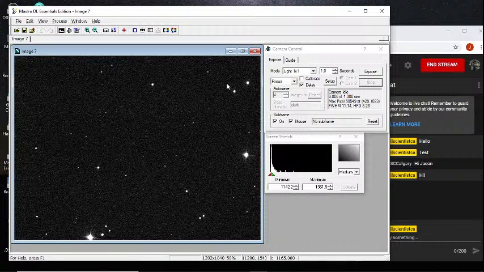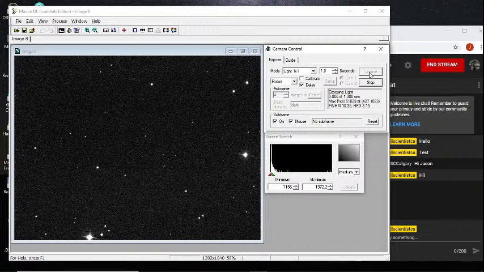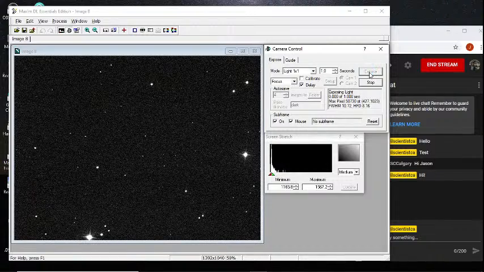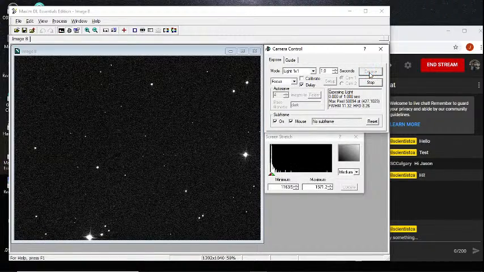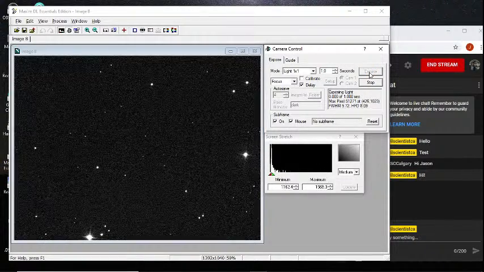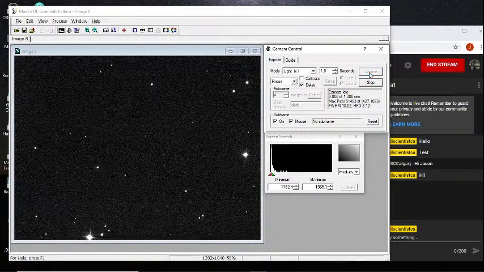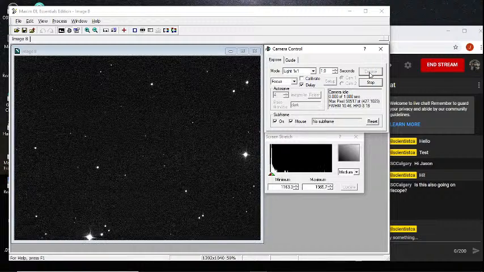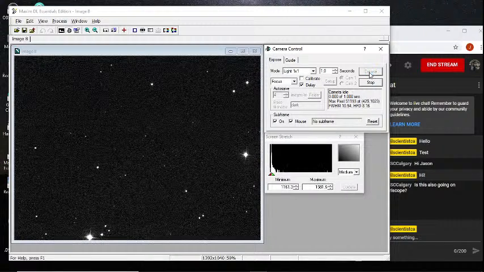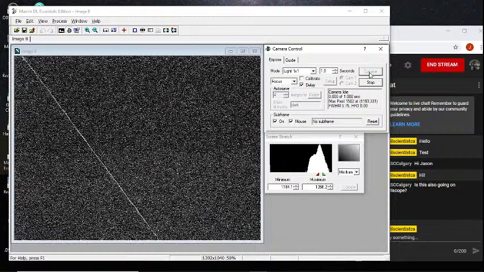This way on the telescope here. And I will get this exposing there. All right. So we're slewing the telescope.